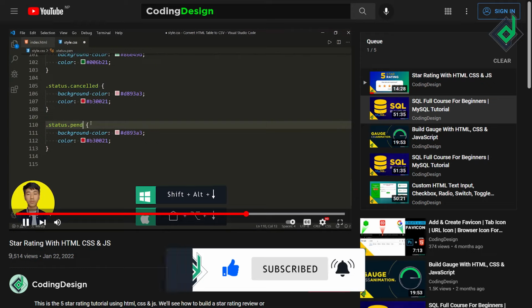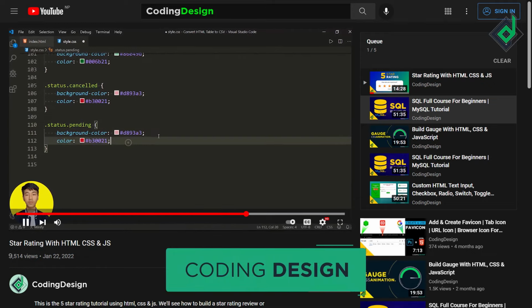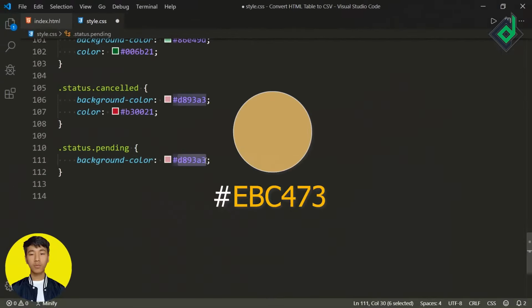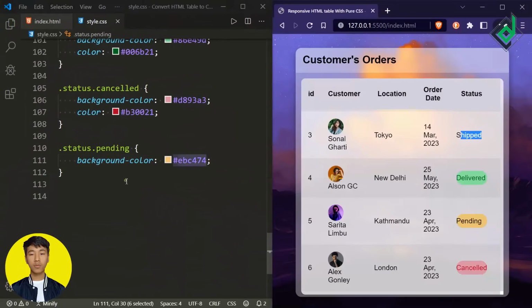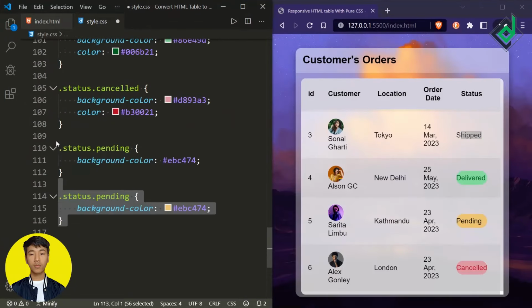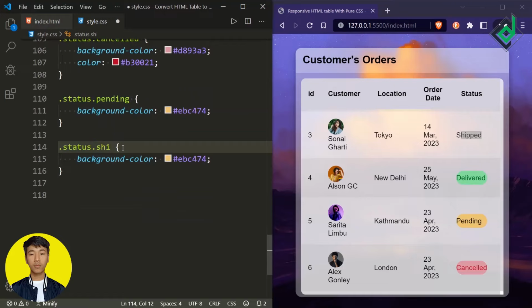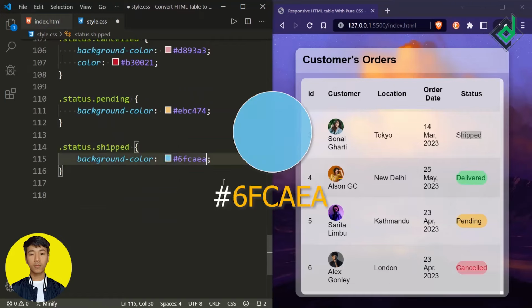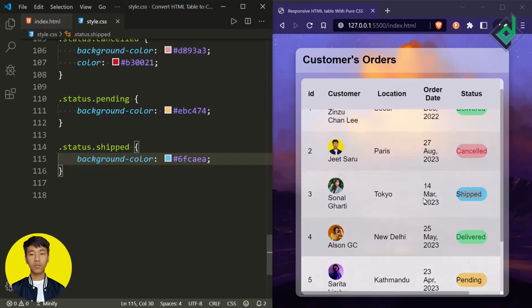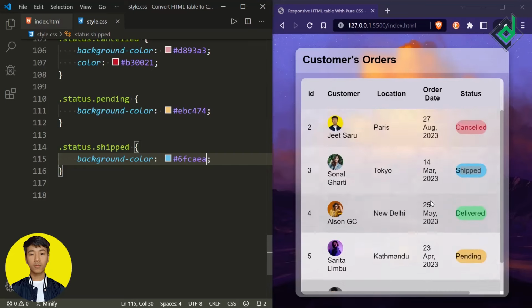Now for the class pending, let's remove this text color and for the background color let's give this dark yellow color. Once again let's select this code and duplicate it. Now for the class saved, let's give a background color of sky blue. So now in the browser you can see I'm giving a different indicator for each status, but if you have noticed